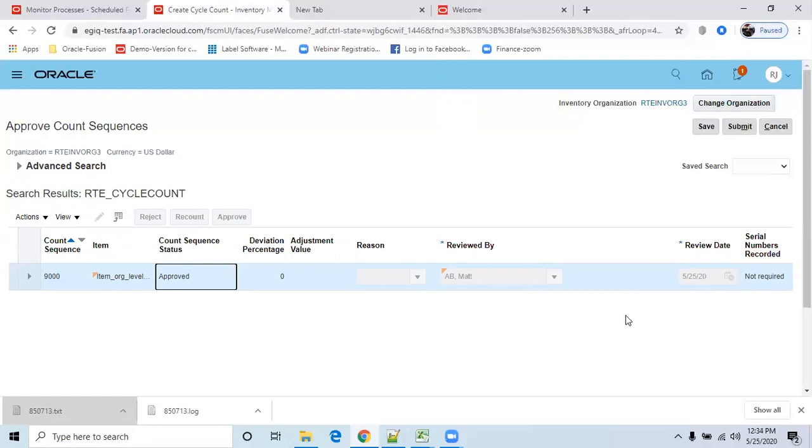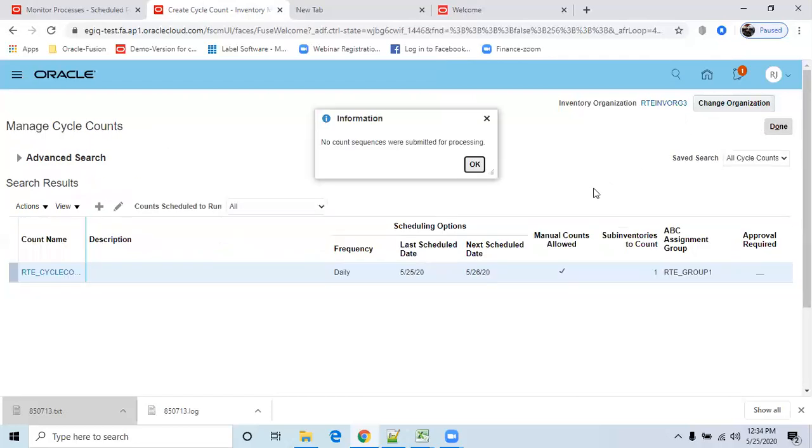Reviewed by. I think approval we have not selected. That is the reason the system is not giving the option to approve it, because while creating the cycle count, I felt we have not selected the approval. So that is the reason the system automatically approved. Just submit this form.